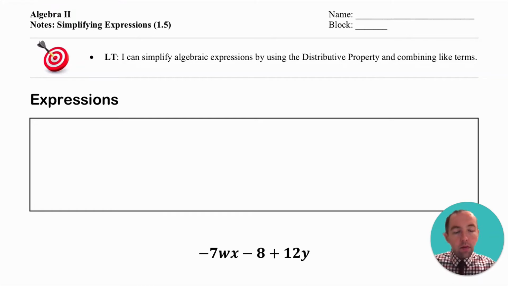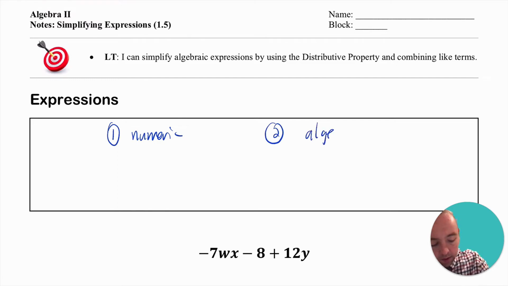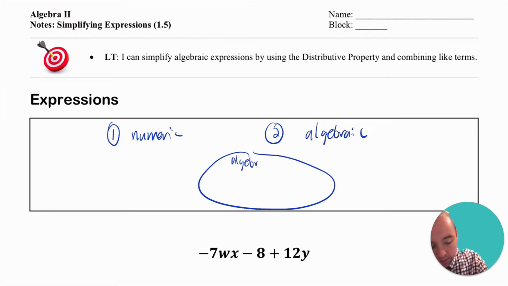Before we get into simplifying algebraic expressions, just a little recap on some terminology related to expressions and some properties of algebra. So just a reminder that when we're dealing with expressions, really we can divide that into two different types of expressions. The first type is a numeric expression, and the second is an algebraic expression. And so if this circle represents all of the expressions that are algebraic, completely contained inside of that are the numeric ones, because in order for an expression to be algebraic, it can contain variables and then also